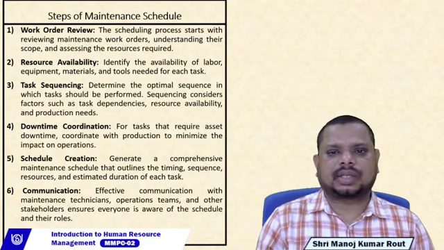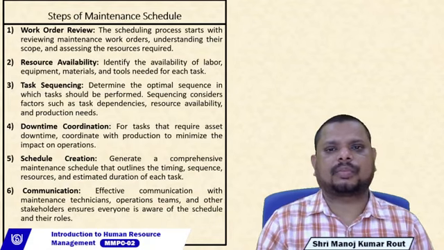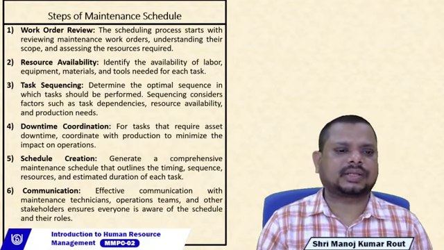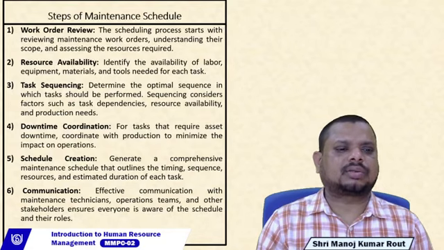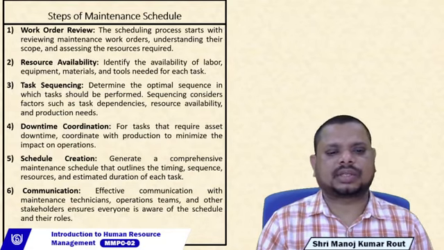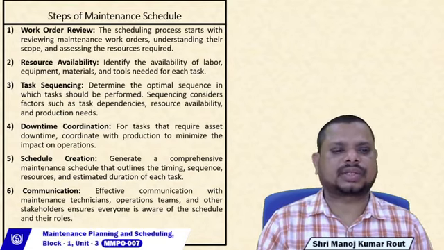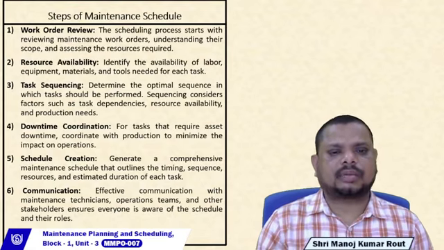The next one is task sequencing. In that case, you have to maintain an optimal sequence of your maintenance tasks. That means you're starting from the task dependencies, the availabilities, and production needed. At this point, determine the optimal sequence in which tasks should be performed, and the sequencing considers factors such